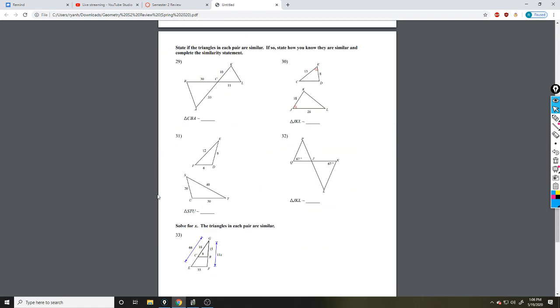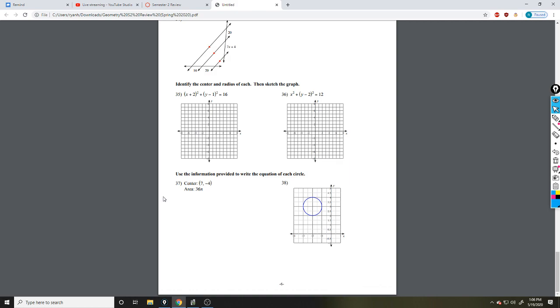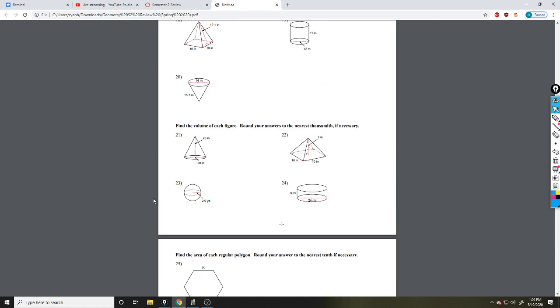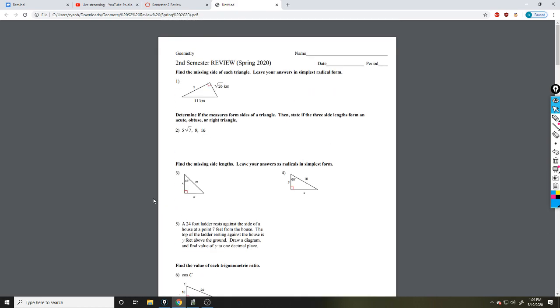How many questions have we got to do? 37. All right. My goal is to get through all this today. I'm going to take an hour today, so we'll be done around 2 o'clock. If I don't finish today, then we'll pick it up tomorrow, and we'll go until we're done. My hope is that I'll be at least halfway through, if not pretty close to done, by the end